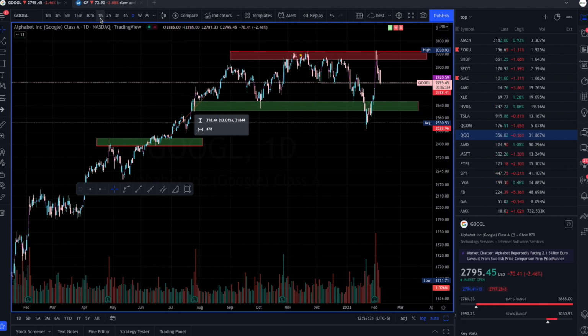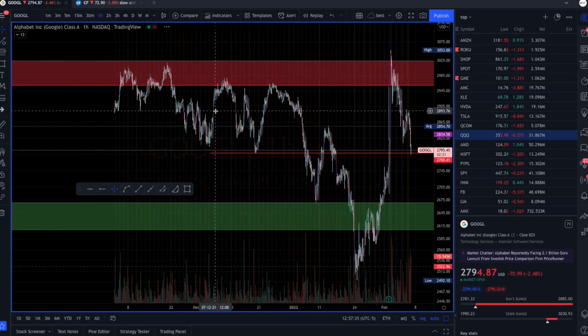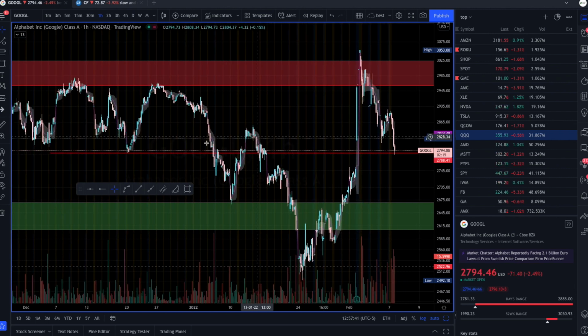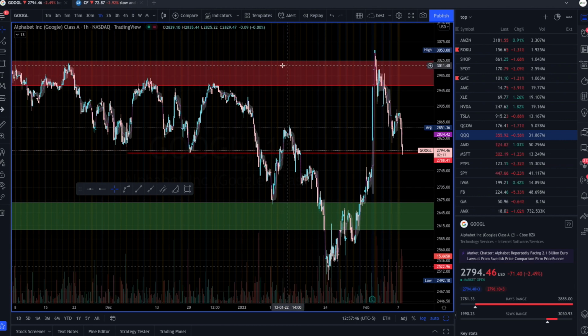So if you're trading Google intraday, these supply and demand zones do show up in the smaller time frames as well. So you just got to be very vigilant, right? And your target has got to be very small as well. So if we look at Google right here, same thing. This is the area of supply. It could fall down, and this is where my